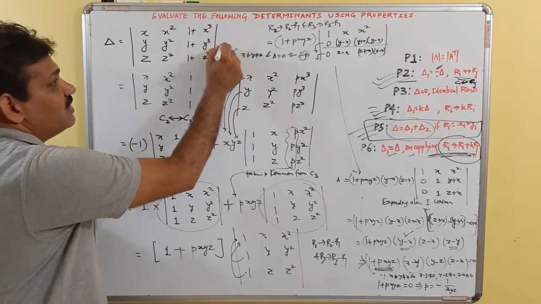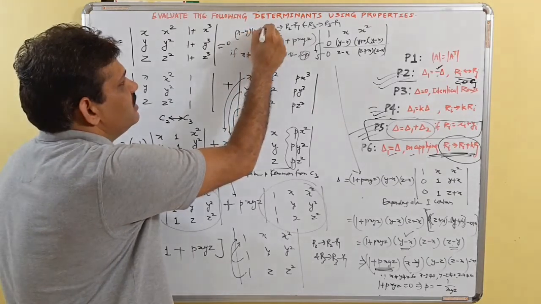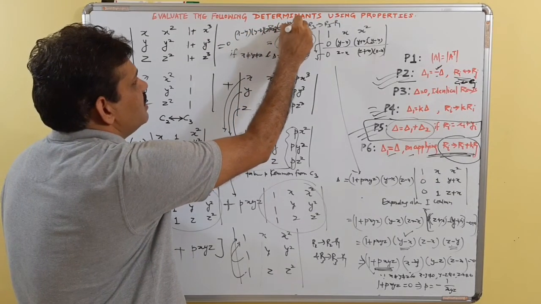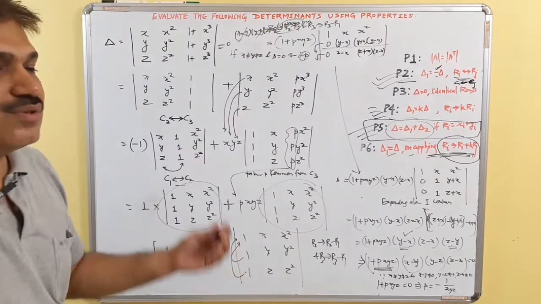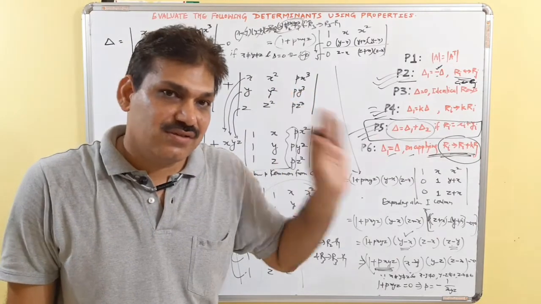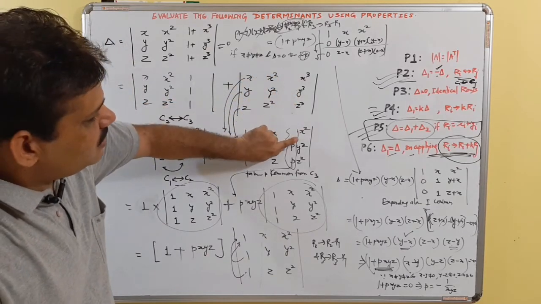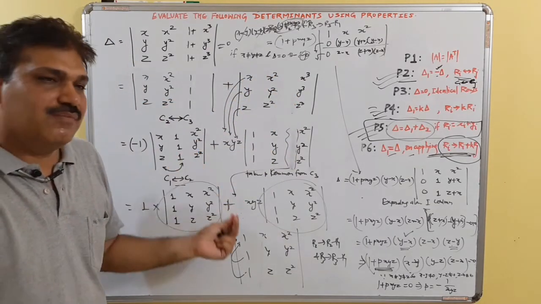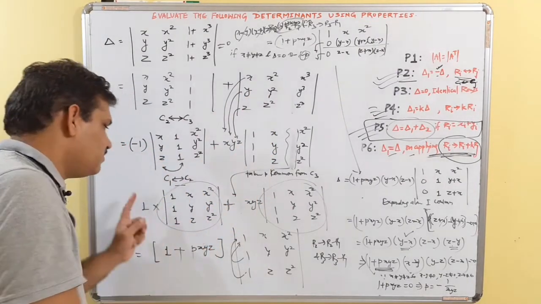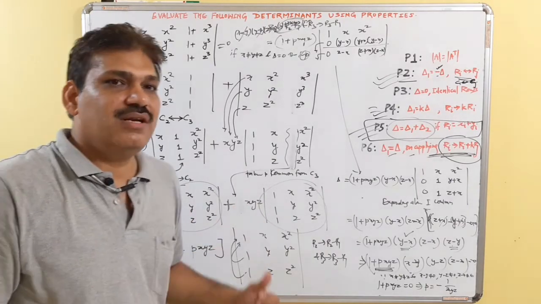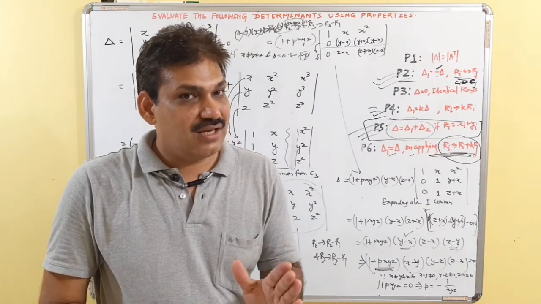And suppose if I say this is equal to 0, that means x minus y, y minus z, z minus x into 1 plus xyz is equal to 0. If these are non-zeros, then 1 plus xyz must be 0. So the value of xyz is equal to minus 1. How will we solve it? Simply, first we will split. Since there is no p, p will not be taken common. After interchanging columns twice, minus 1 into minus 1 will be plus 1. The determinant is common and the value of this determinant is x minus y into y minus z into z minus x. I hope it is clear.